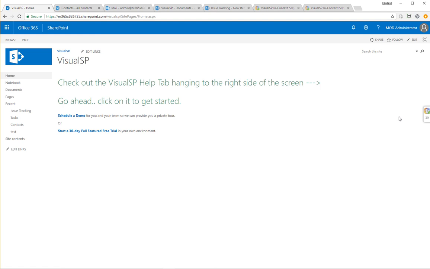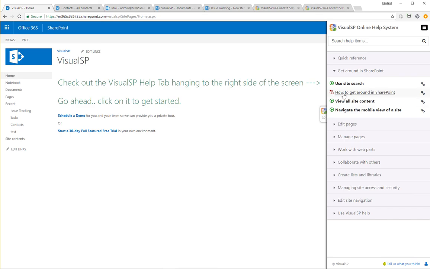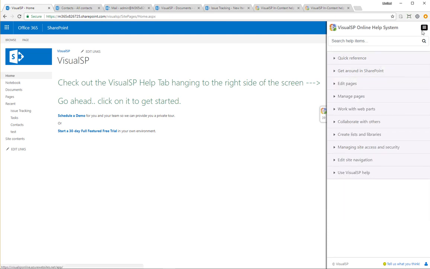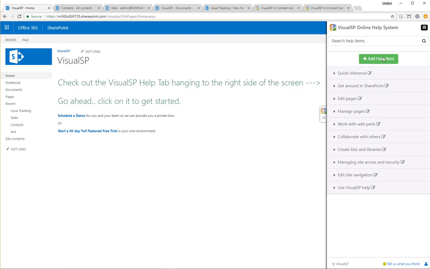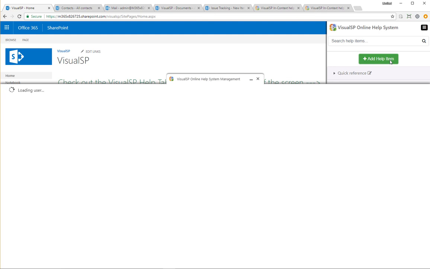Now you might be thinking, hey, this was a cool walkthrough that Asif just showed. How do you make your own? So let me actually do a quick one, show you how easy that is. I'm going to enable edit mode. Okay, here's my add help item button. Of course, this is only available to me because I'm the administrator here, and you would be the administrator for your own environment. If I click on add help item,